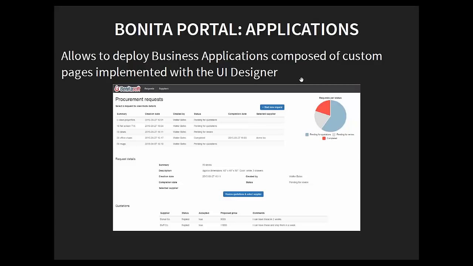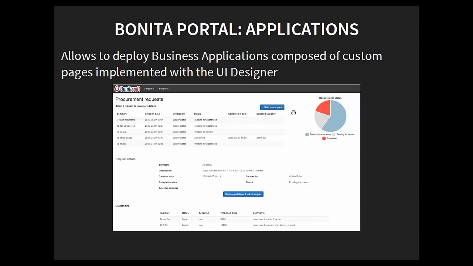So here it's a good example of it. You have some kind of a list of things that happen, and then you can start a new request, for example. So this button will link you to a new process start. And then as soon as you have this new process start, maybe it will require some inputs in order to start. But as soon as you have that, this information will be provided and performed.